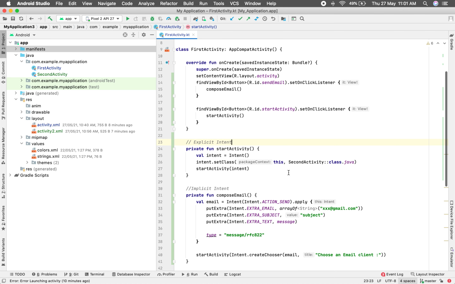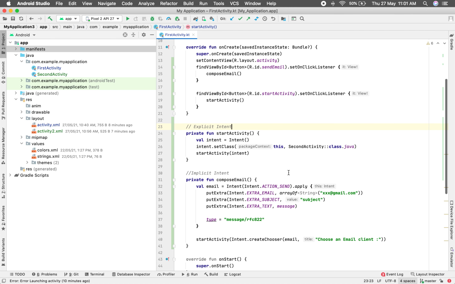About implicit intent: whenever you don't know the name of the component you want to open, either its activity name, service name, or broadcast receiver name, you use an implicit intent, where we don't have to give the component name and can just set the other properties like action, type, and data, so that the system can use those things and figure out the correct component which can be opened when this intent is fired. So let's talk about implicit intent first.